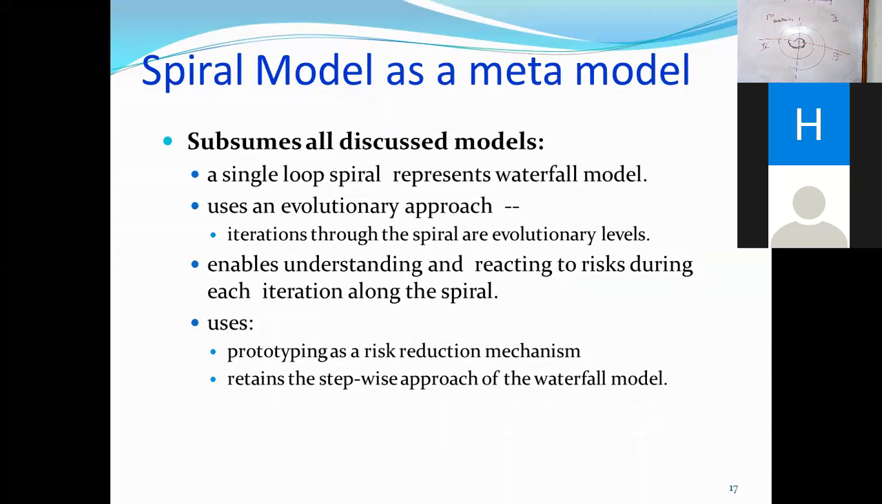Move from one to the next place, plan the next level, and you move to the next plan. It uses an evolutionary approach when iterations through the spiral are evolutionary levels. You are doing iterations, you are creating spirals, one after another. What you are doing is developing from the core, developing one iteration and then the next. And this kind of approach is the evolutionary approach. Next, it enables understanding and reacting to risk during each iteration along the spiral. And